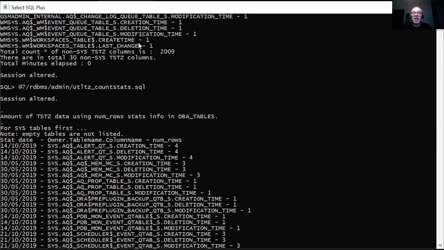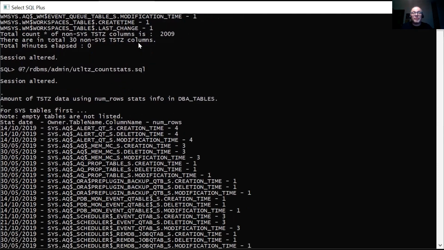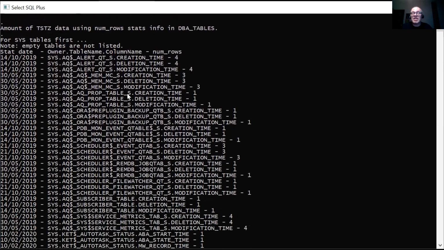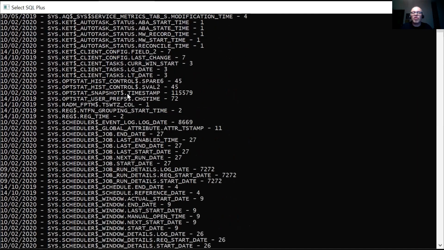So if you have a very large table with a timestamp with time zone column, then it may take a few hours. It depends on your database, the size of the table, the number of processors, and so on. So if you have statistics, then you may prefer to query statistics for the same tables